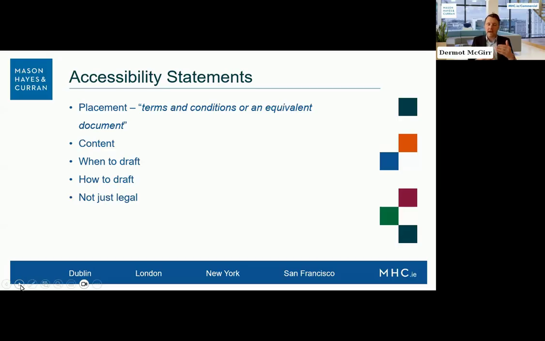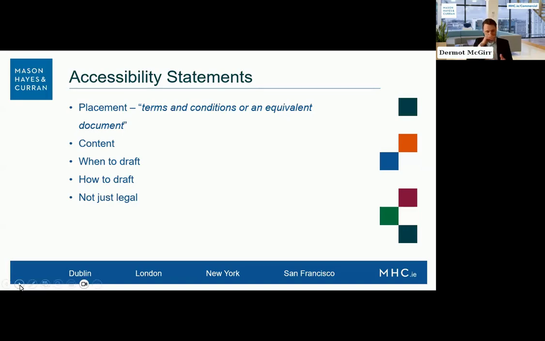So I think a lot of the time what I'm finding is we can present the options, but where a business ends up is a lot of the time guided by their own practical reality of where they're at, and the way they communicate with their consumers or their customers. So then the accessibility statement itself, the content of it, very basically, there's a wee bit more to it, but very basically it's what are your accessibility requirements and how have you met them?